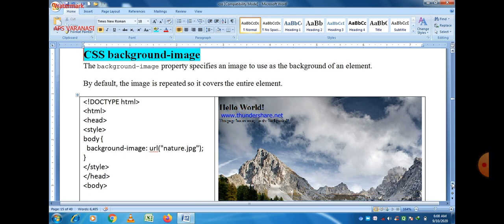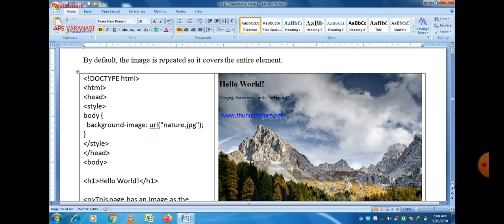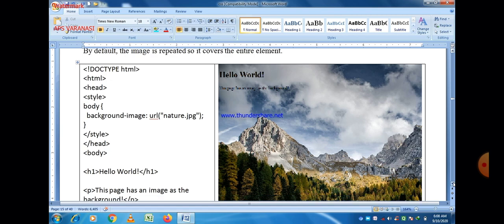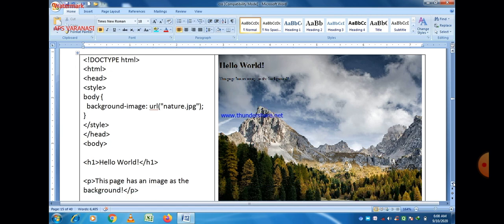See the code and the output both simultaneously. Actually there is a background, and in the background there is an image of a mountain, and there is also a text or a paragraph, and then a heading.